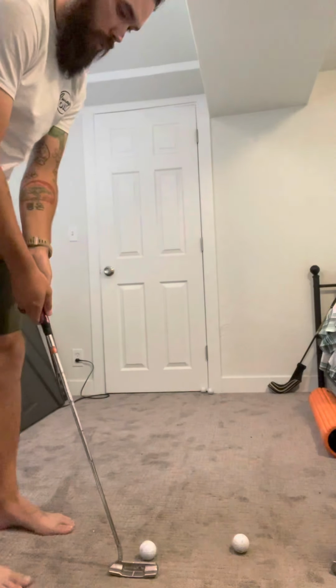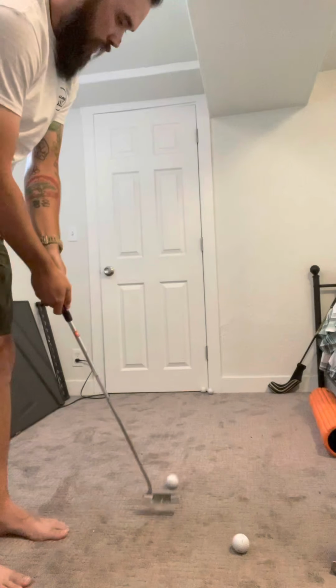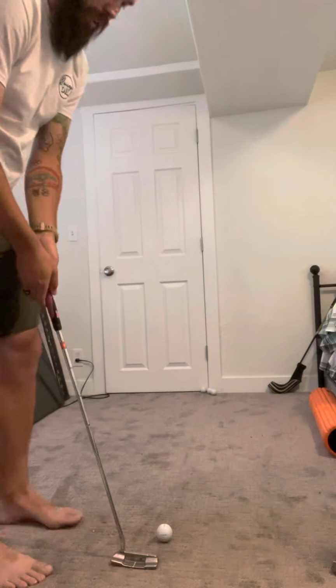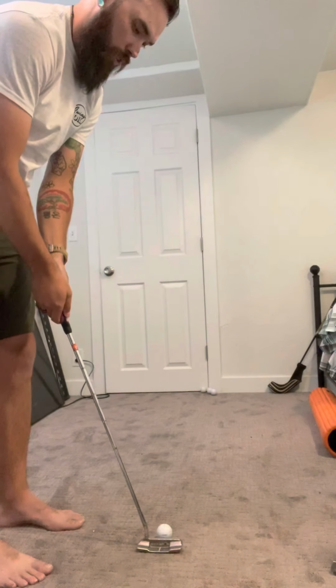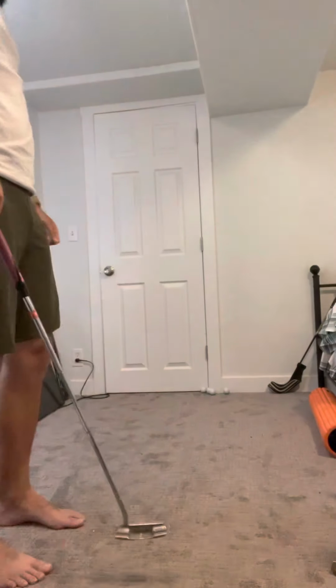So I will say that this one definitely feels really nice. Both of them feel great. And at the end of the day, it is a Scotty Cameron, like I said. Everyone will tell you that you do definitely pay for the quality. It's hard to say at the moment, but this is kind of a first impressions,